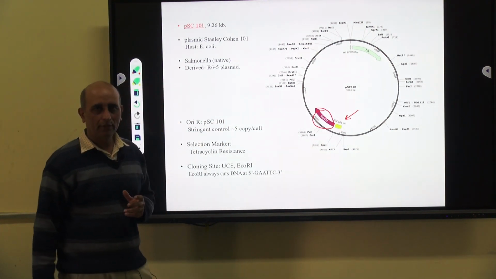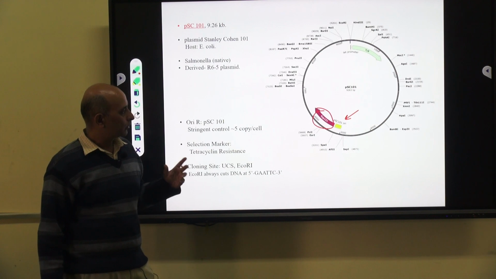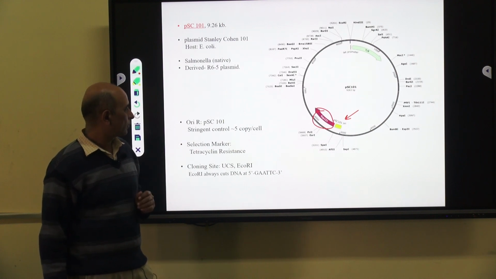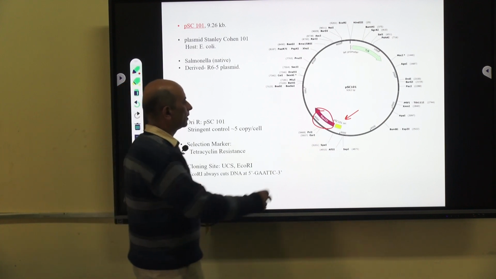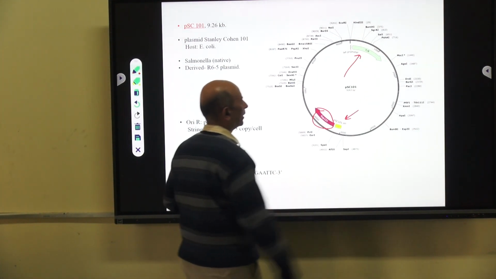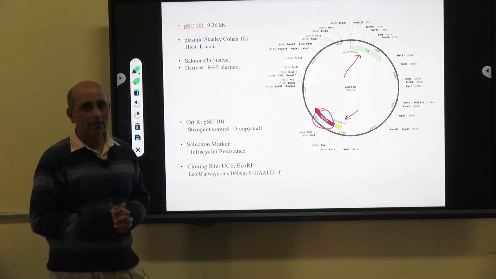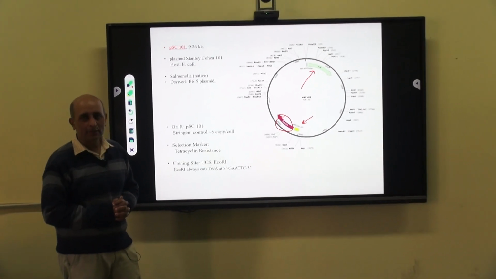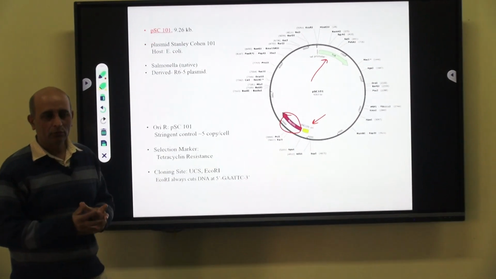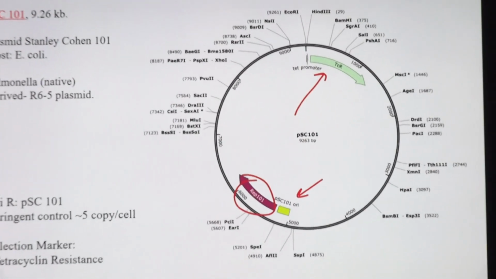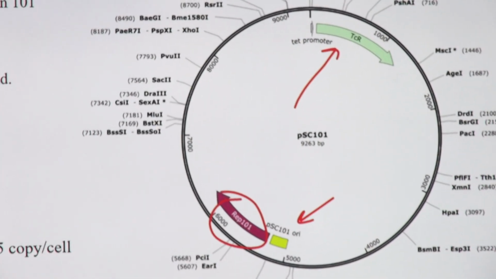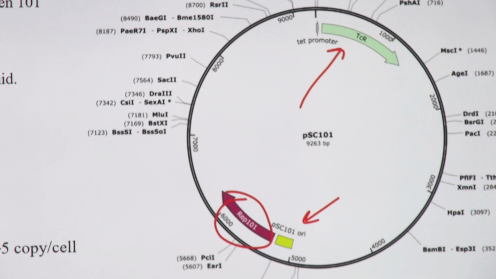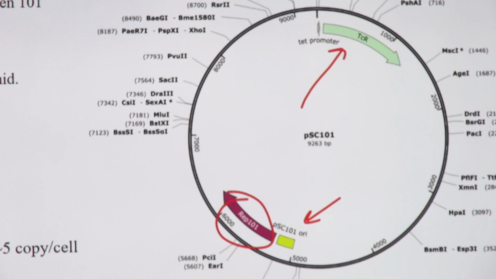It codes for a Rep protein, and this protein is required by the host organism for expression of this origin of replication. And the second is the selection marker. This selection marker is a tetracycline resistance gene, the TET gene, and this gene confers resistance against the antibiotic tetracycline. So on selection media, any microorganisms which contain a functional copy of the tetracycline gene can be maintained, and non-transformed cells can